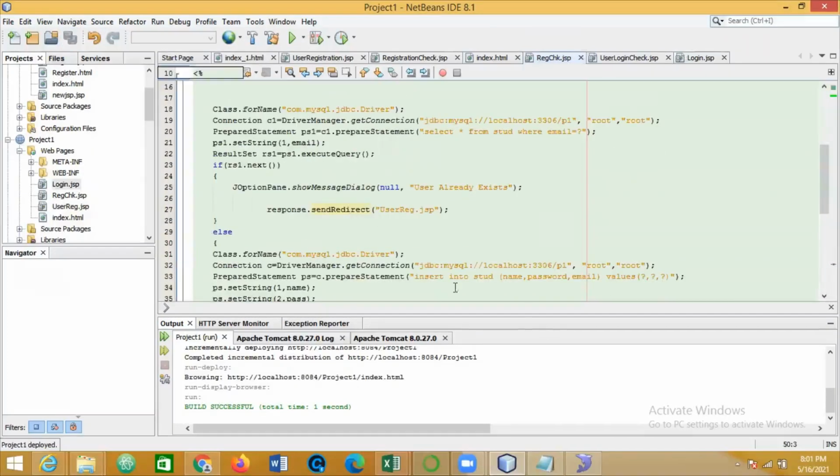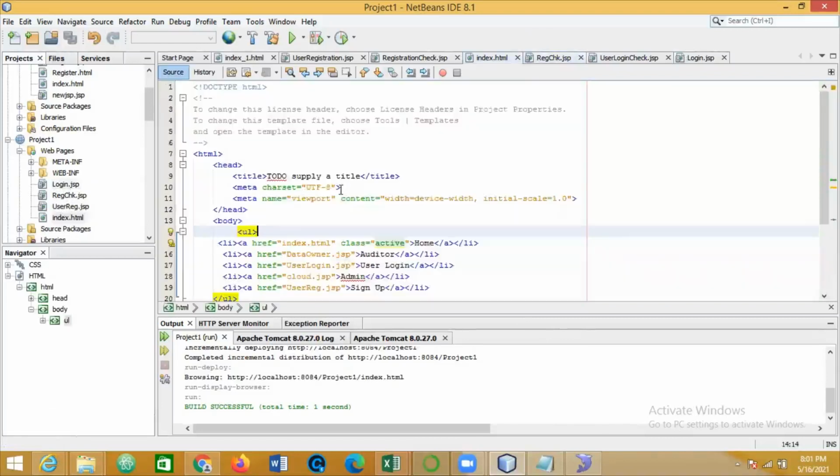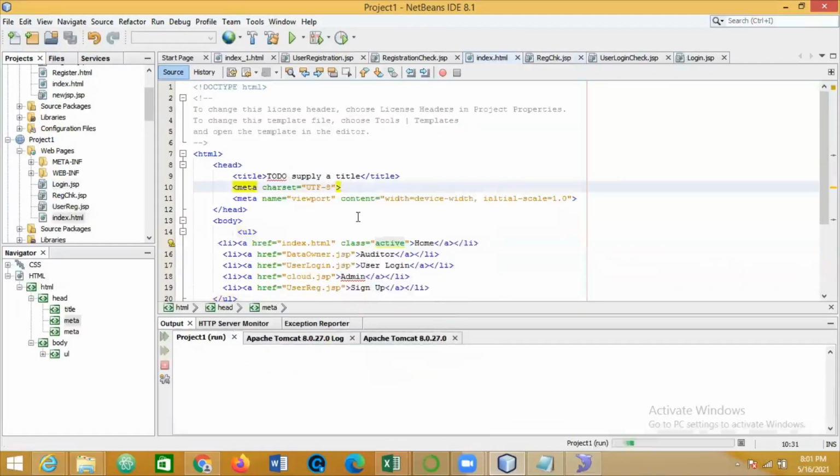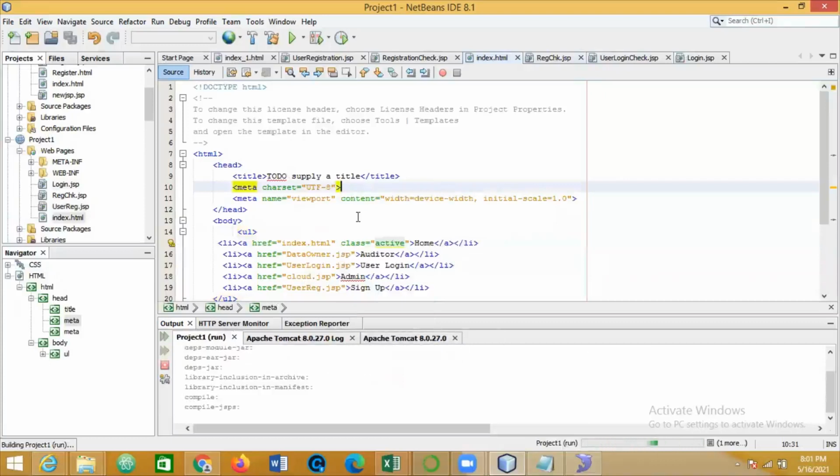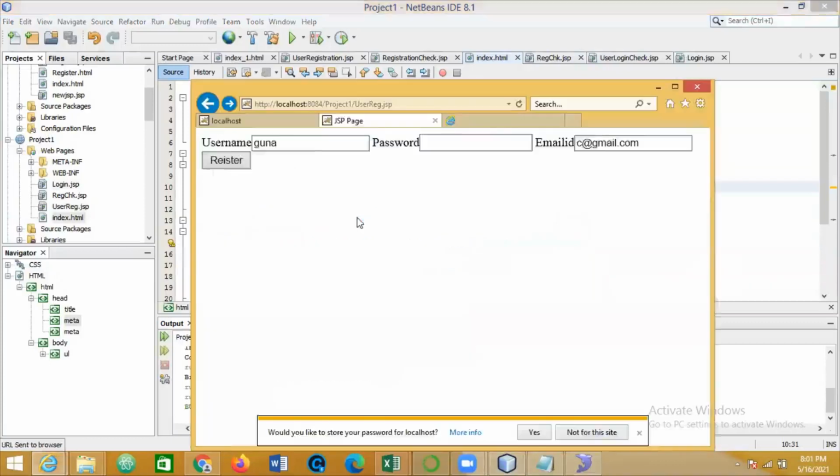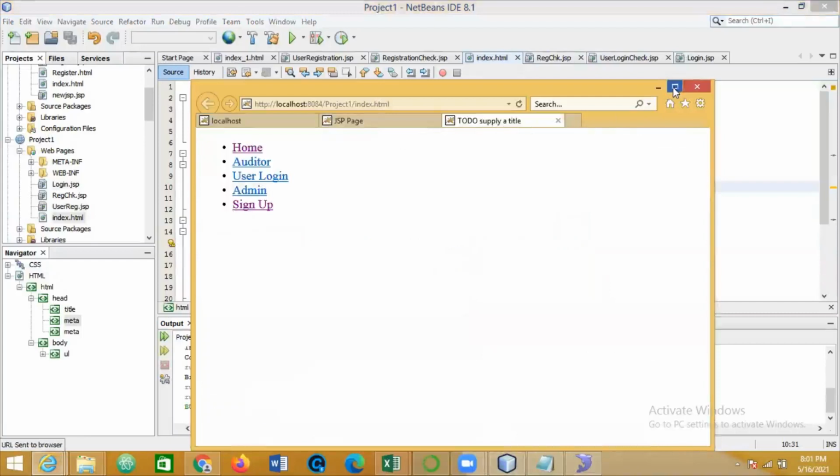Okay. Now again we have to check whether this is working properly or not. Now I go to this index page and run it. Now it's coming.